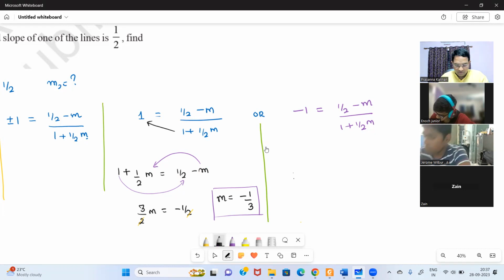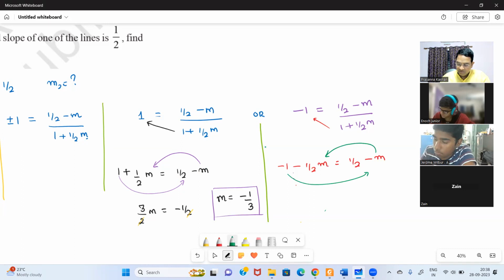Let's look at the other possibility now. What is the other possibility? Cross multiply. You get minus 1 minus 1 by 2 m is equal to 1 by 2 minus m. So what could I do now? I can bring this minus m this side, and I can bring this minus 1 this side. So this will become m minus 1 by 2 m is equal to 1 plus 1 by 2. So this will be half m is equal to